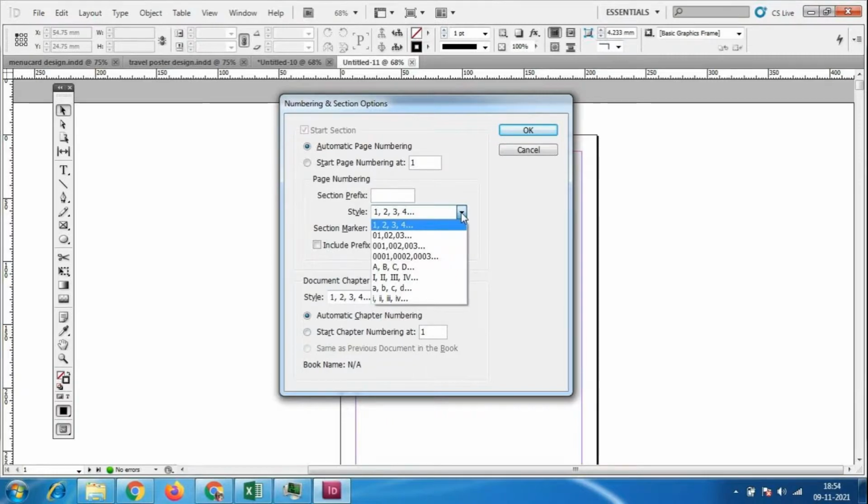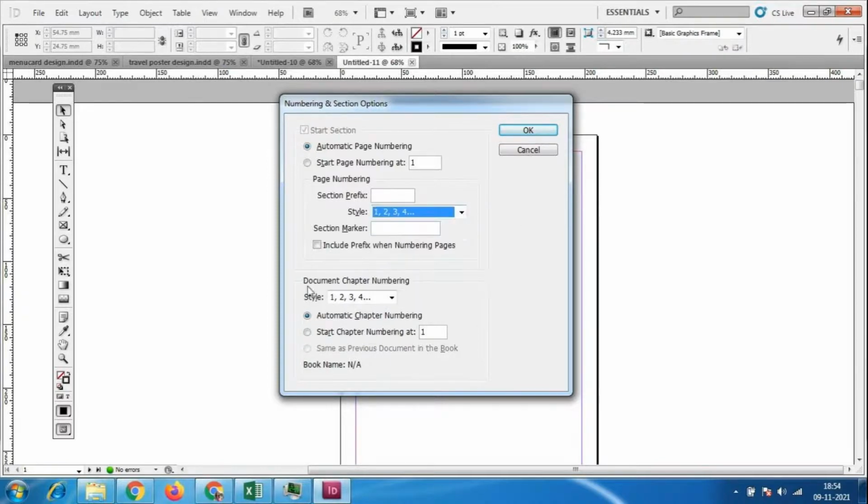Otherwise ABCD options, Roman letter options, all these things come in the page number option. Generally everybody can understand the 1 2 3 4 option only. Roman letters, nobody will understand much. And 001 and so on, nobody gives, just give the 1 2 3 4 option.